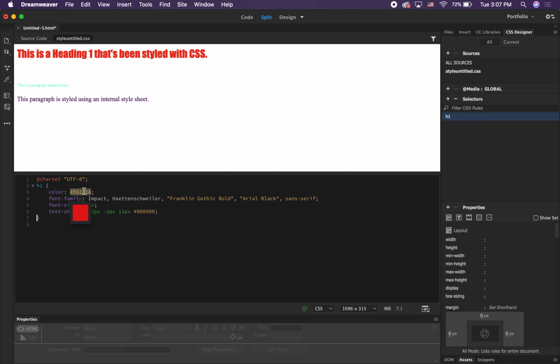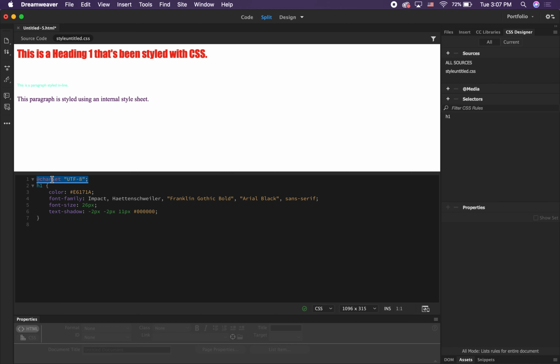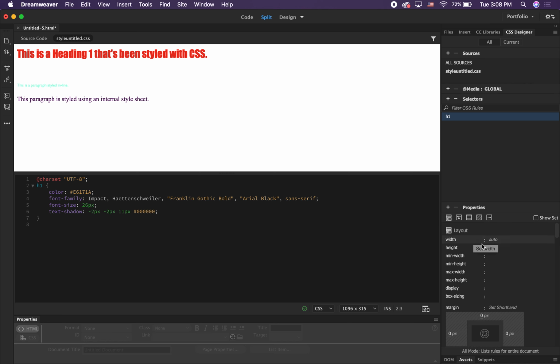CSS document. So all you need to create a CSS document is this up at the top, @charset utf-8, and then you can start all your selectors, and you just use the curly brackets at the top and the bottom of all of your attributes, and your attributes have to have a colon and then end with a semicolon. If you want to see a list of all the possible attributes, go over to your CSS Designer and uncheck the show set box and just look through all of these. These are all of the things that you can style. And there's even more than that